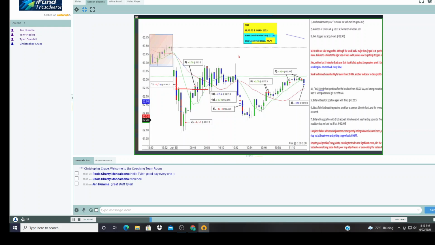I probably would not, because I would look at this as one fluid move down. To me, that's one fluid move down. And then you got to sit through. Here's your stop up here. You got to sit through this, and you'd probably add somewhere in here. Maybe technically, here's the takeout of green. You could add right there. You could add right there. Any of those kind of things. You'd still have your stop up here, and eventually you would get.